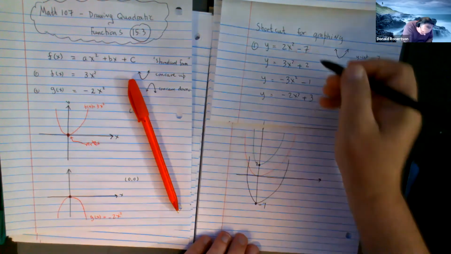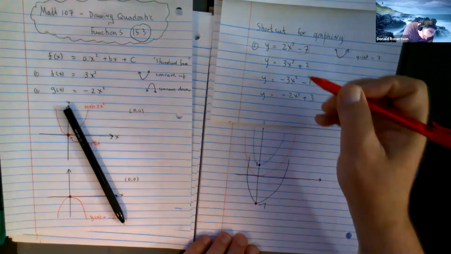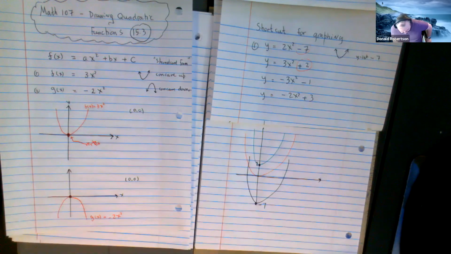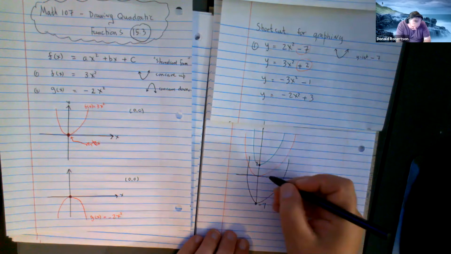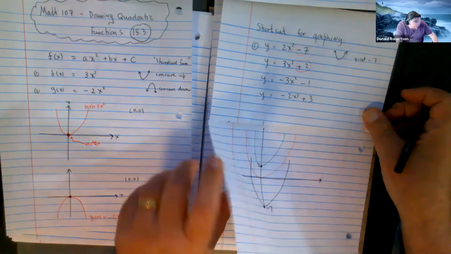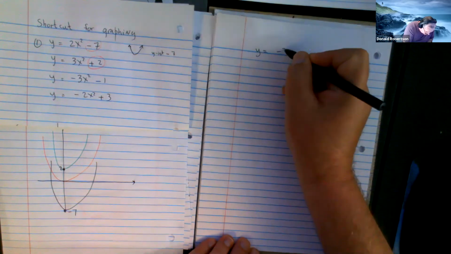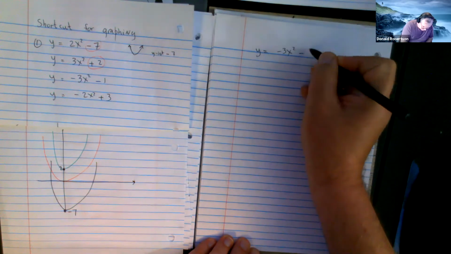So the key to the shortcut is that term there. Like someone mentioned earlier on, isn't that the y-intercept? Yes, it is in this case. So if I wanted to do a very quick sketch without any detail of this guy,